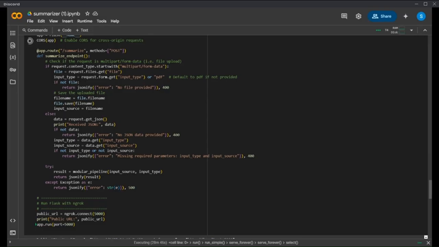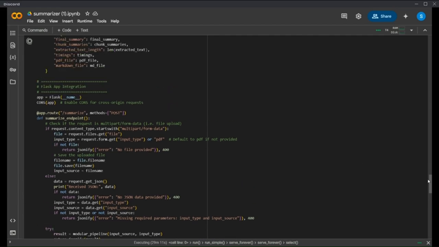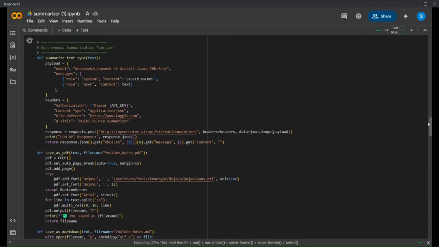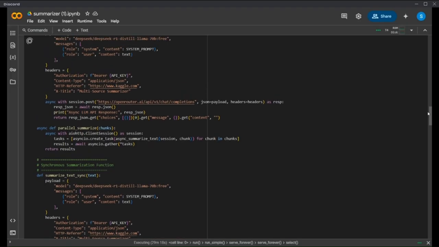At the end there is Flask. First we have ngrok, where we connect to the public URL, and then we have the Flask integration, where the endpoints, the routes, and the POST methods are taken care of. From here, depending upon the type of source, we do different things, like producing audio in the case of YouTube, then the transcript, and then doing all those things for